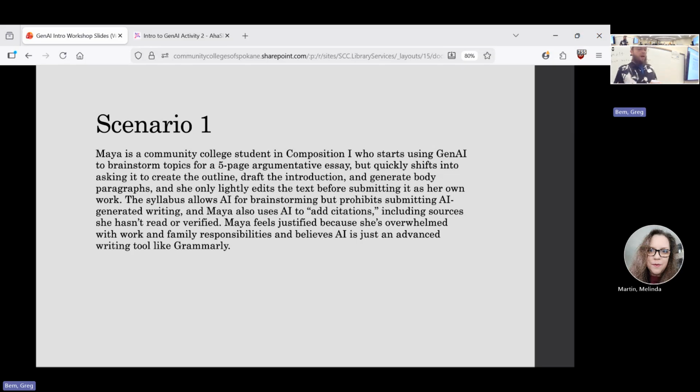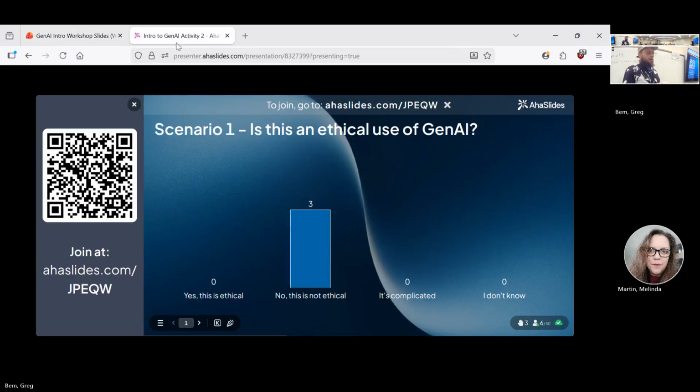The syllabus allows AI for brainstorming, but prohibits submitting AI-generated writing, and Maya also uses AI to add citations, including sources she hasn't read or verified. Maya feels justified because she's overwhelmed with work and family responsibilities and believes AI is just an advanced writing tool like Grammarly. Let's go ahead and put our answers in.